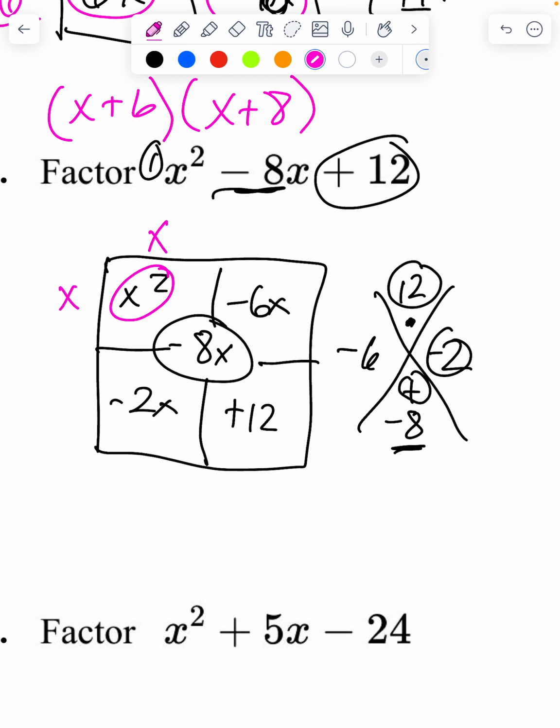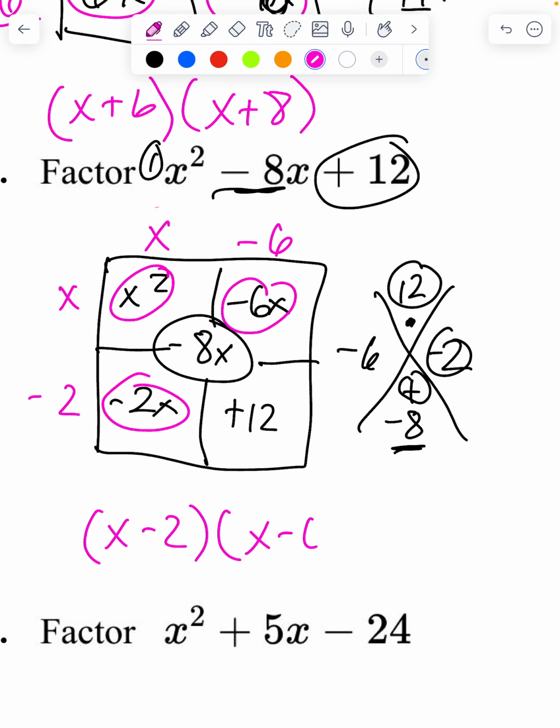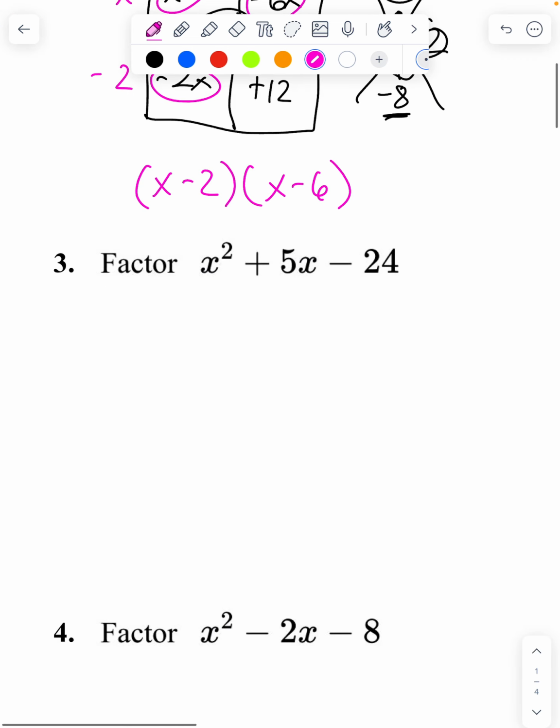So x times x gives me the x squared. X times negative 6 gives me negative 6x. X times, oops, let's rewrite that in there real quick. X times negative 2 gives me negative 2x. So I can write it as x minus 2, x minus 6. Moving along,